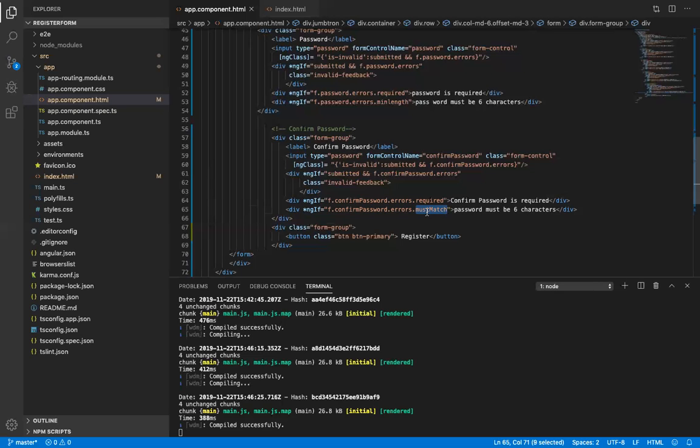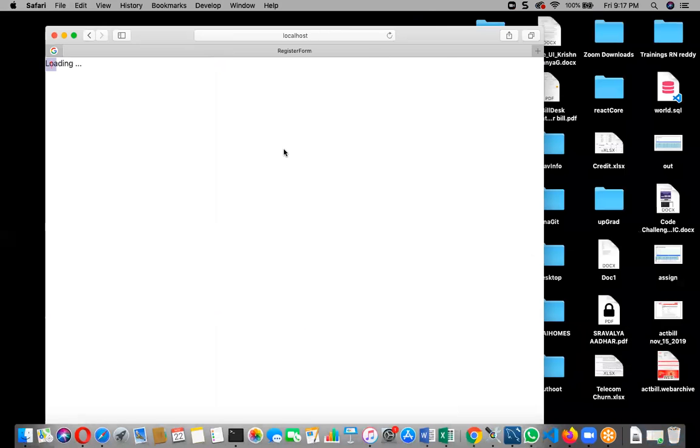Likewise, I want to write one more must match validator. It's just like a service actually. For that, initially, we'll see now how the